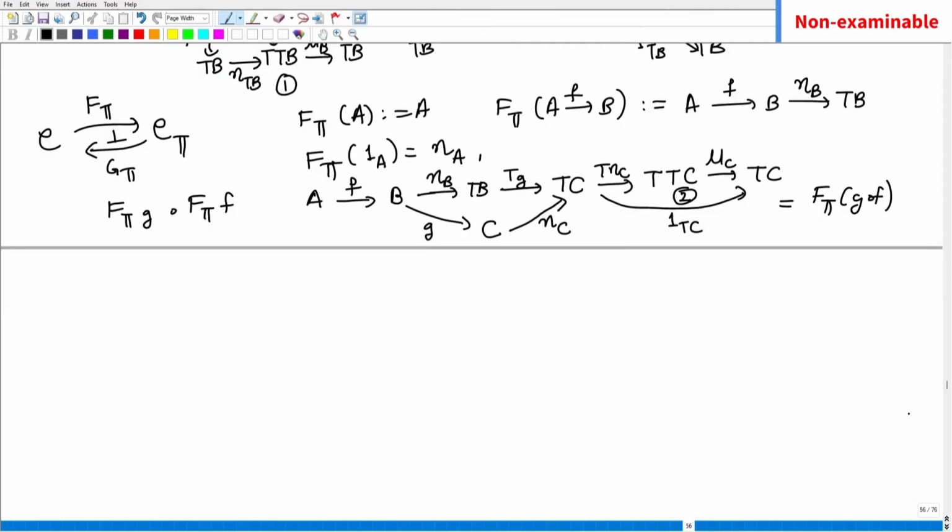To ensure the existence of the right adjoint,